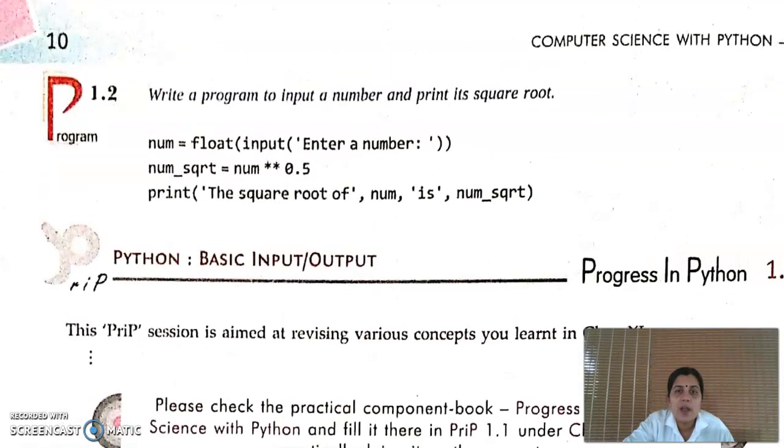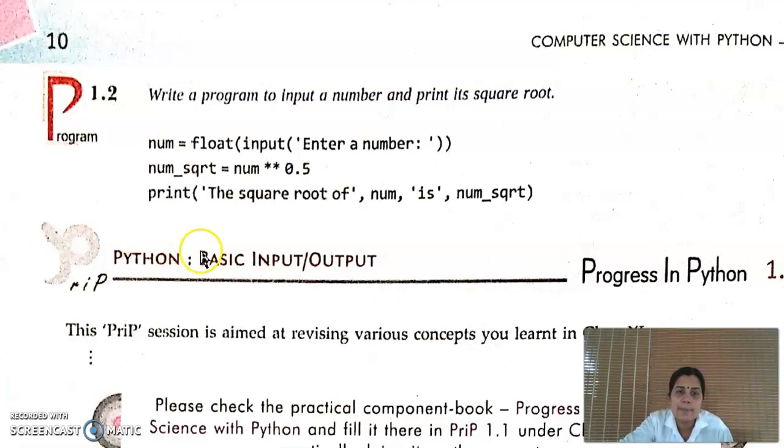The next program is to find the square root. You all know, to find the square root, we will do num. Suppose 5 is the number, to find the square root of 5, what will we do? 5 raised to 0.5. In maths, we denote it as root 5, but in computer science, we do 5 raised to 0.5. Instead of raised to, here we have the exponent operator, which is double star.